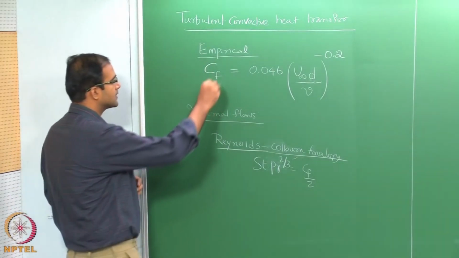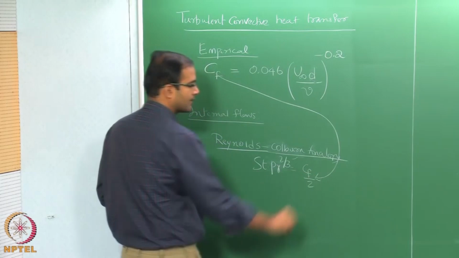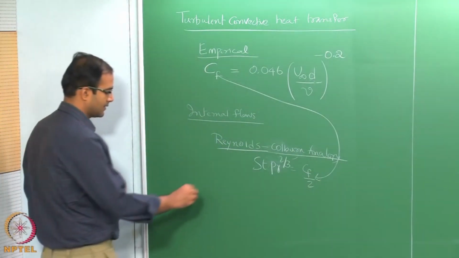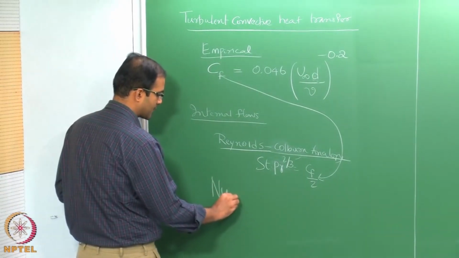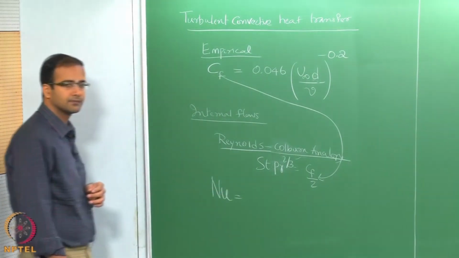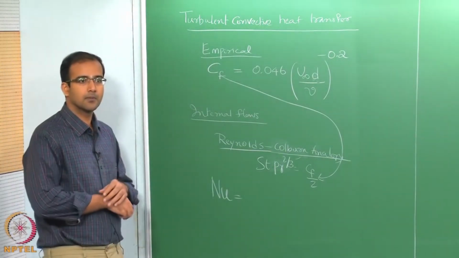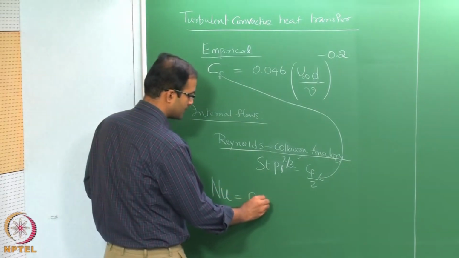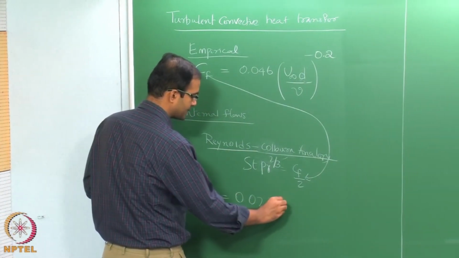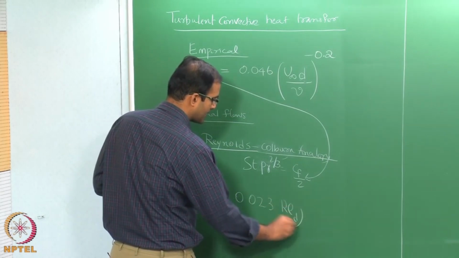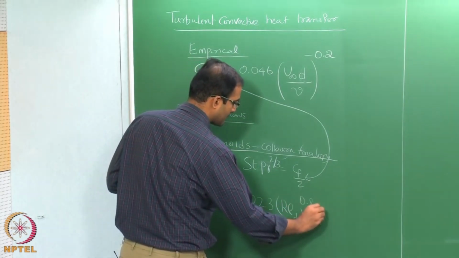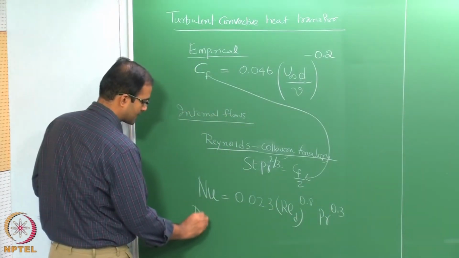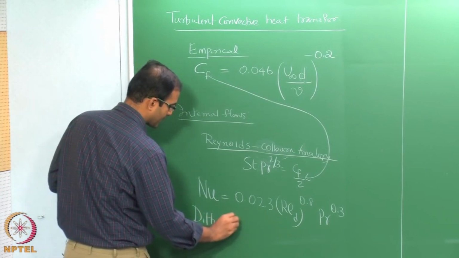Now, when we substitute the expression for Cf into this, we can derive an expression for the Nusselt number. Do you remember what it is? 0.023 times Re_D to the power 0.8, Pr to the power 0.3. This is called the Dittus-Boelter